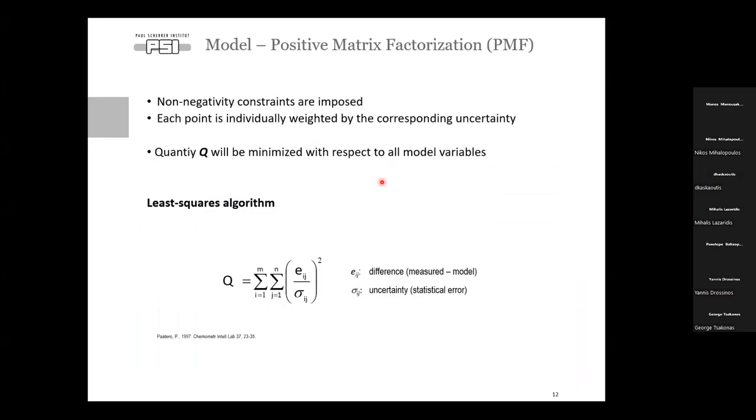And to solve this equation, there are different approaches. Here I'm showing you how PMF is actually solving this equation to get the results. To do that, PMF is minimizing this function Q. Practically, what it does is measure the residuals, which is the difference between the modeled value and the real value, scaled by the uncertainty, and then sums these residuals. In principle, the smaller that is, the better the modeling. So this is how PMF works.